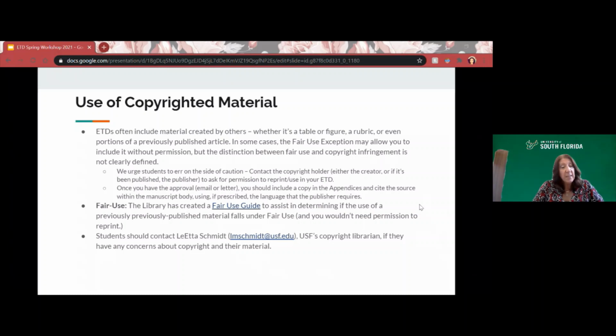But just because something's on the internet does not mean that you can reproduce it in your thesis or dissertation. Okay, so definitely be very careful, ask about it. Look at the fair use exception. Lietta's great at working with that. So do err on the side of caution and include the documentation in your appendix